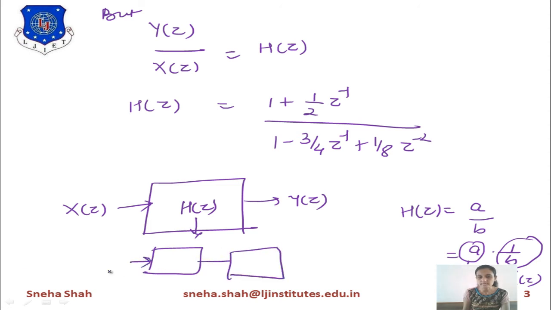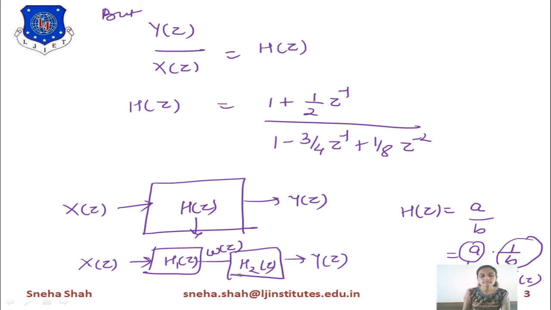So this H(z) will convert into two parts, H1(z) into H2(z). It means it is basically considered as a cascade form. This one is H1(z) and this one is H2(z), and combined it will be considered as H(z), giving you the output Y(z). Now we have to find the value of H1(z) and the value of H2(z). As I have told you, H1(z) means the numerator part. Suppose we take the input signal as X, then its output will be an intermediate term W, represented as W(z), and it is given as an input to the second system. So it will give you the output Y(z).